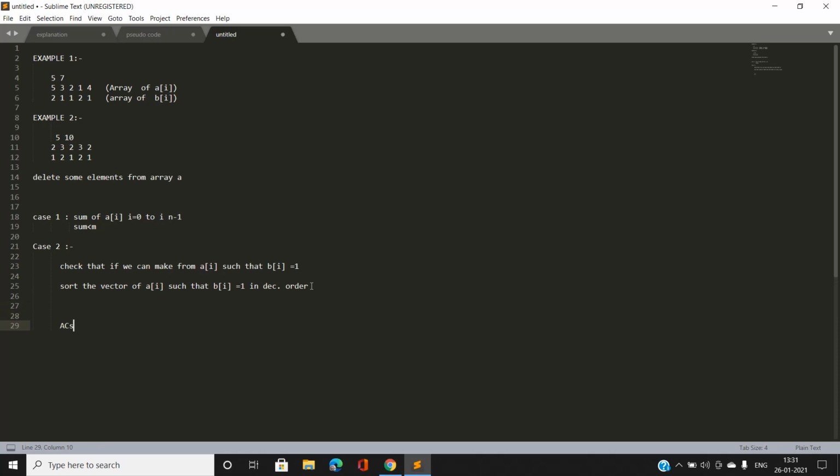Otherwise, the last case would be our... After that, we are going to sort the arrays of 1's convenience point and arrays of 2's convenience point in decreasing order.